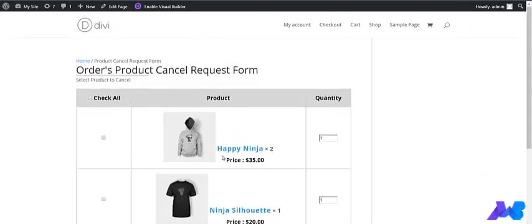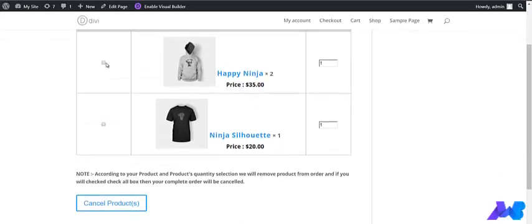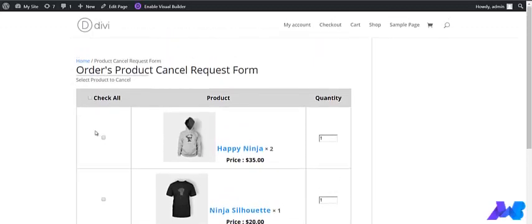Okay, so as soon as they click on the cancel product option, they are going to get the order's product cancel request form, and over here they have to first of all select the products that they want to cancel. And at the very initial I had told you that they are going to be facilitated with the feature that they can cancel the whole order or they can cancel the order product wise.